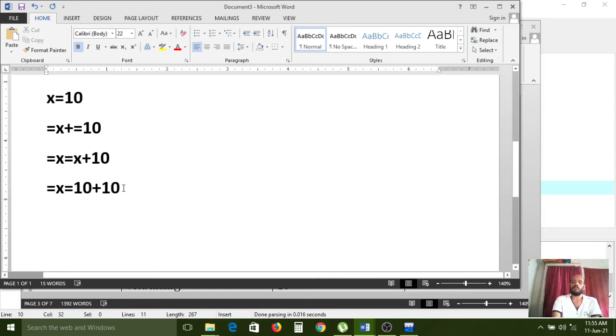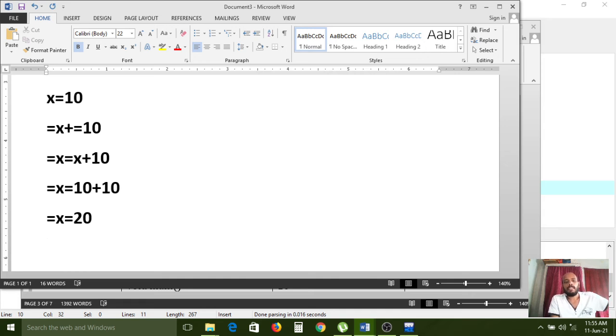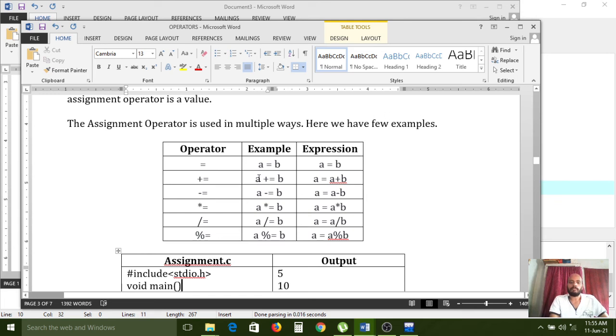After that, one more 10 is added, and the total value is stored. Understood? So x plus equal to 10, if you use it like that, it works like this. All operators will work like that.